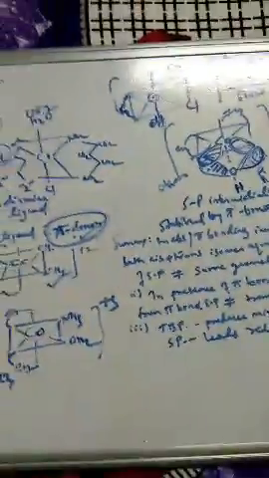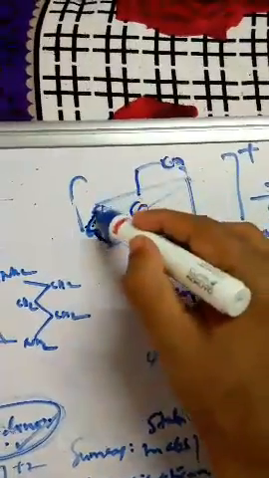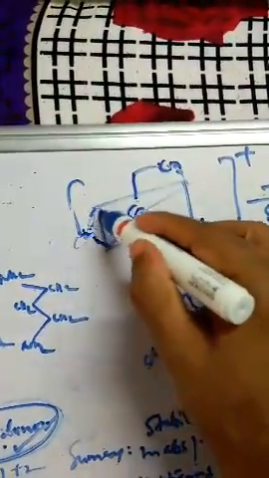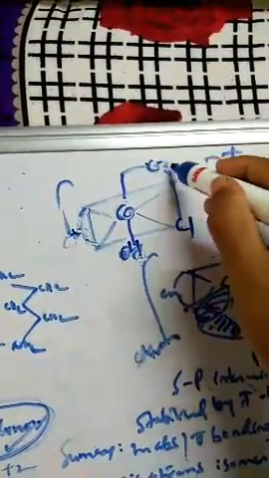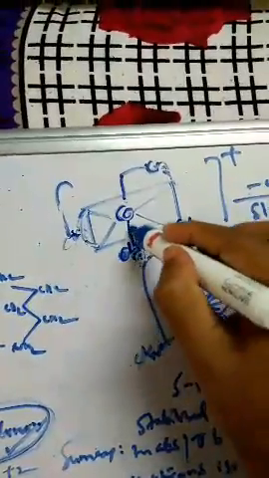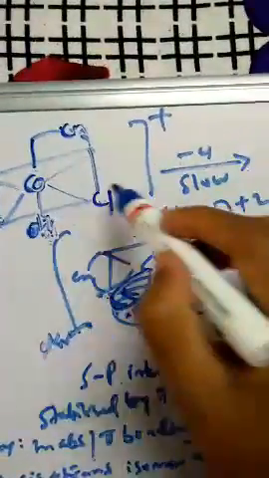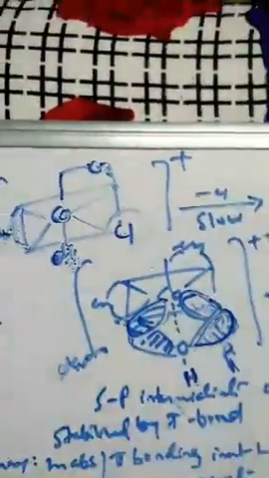Now what is the mechanism behind this? I have taken the same complex again. I can write it in this way, with one ethylene diamine here, chlorine, and OH down here, the same complex, to learn the mechanism. So how does the mechanism take place? Same thing, minus Cl, so this will go.